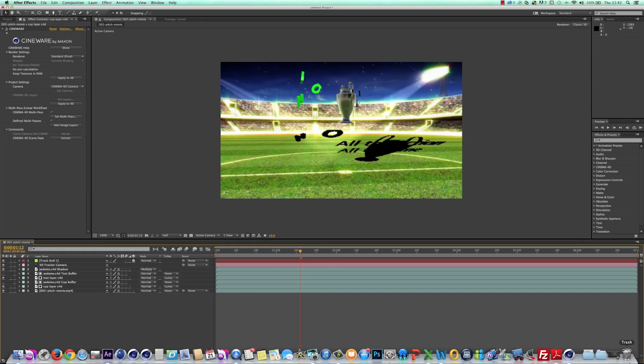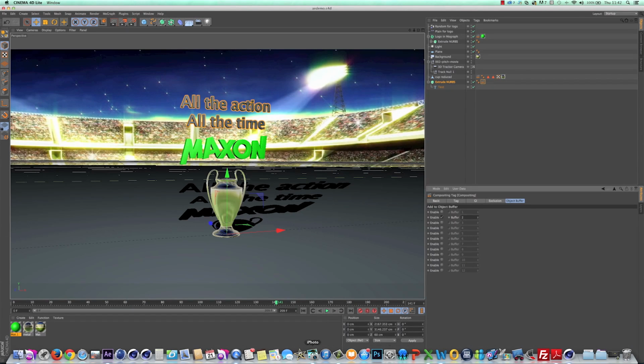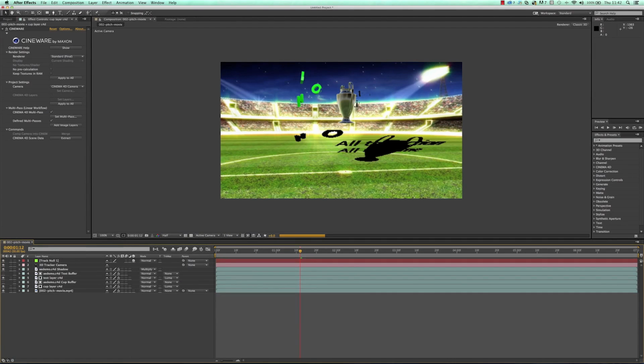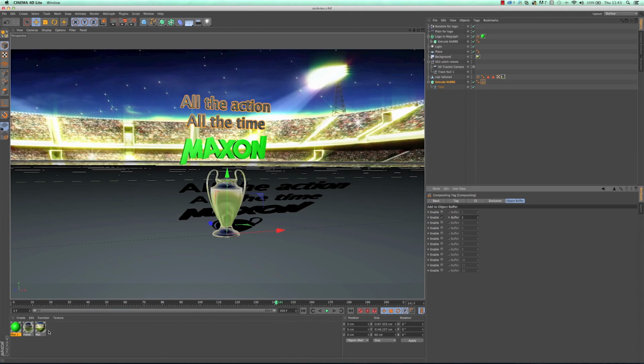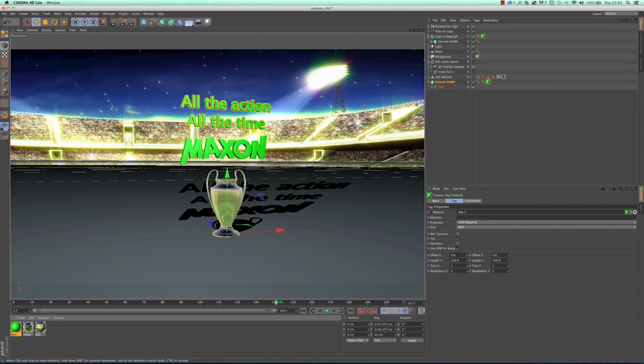Oh, I've got to hit save. Duh. Always remember to hit the save button, and then it'll update. There we go, so we've got the text in there, which is great. What I'm also going to do is add that green to this new text, so we've got that there. So I want to do a different effect here, and that's exactly what I'm going to do from this point.